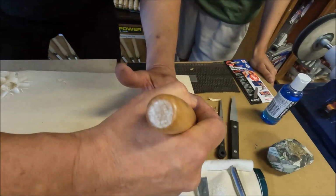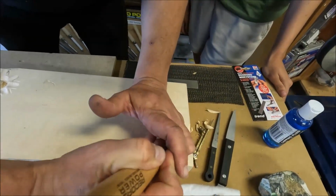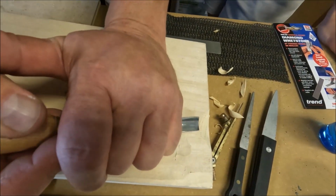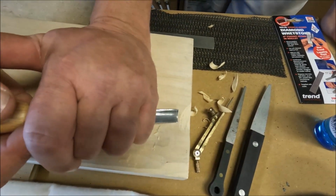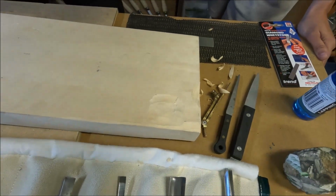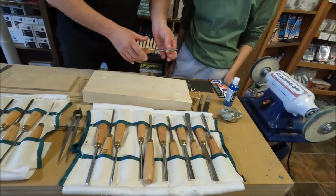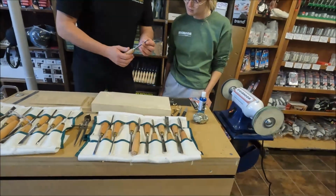Let me do a bigger cut. Oh wow, yeah. So we can push that through the timber, but can you see it's not a polished cut? Yes. So with this, let's just go through a process and see if we can get that to be an absolute razor finish, just gliding. So to start off with,